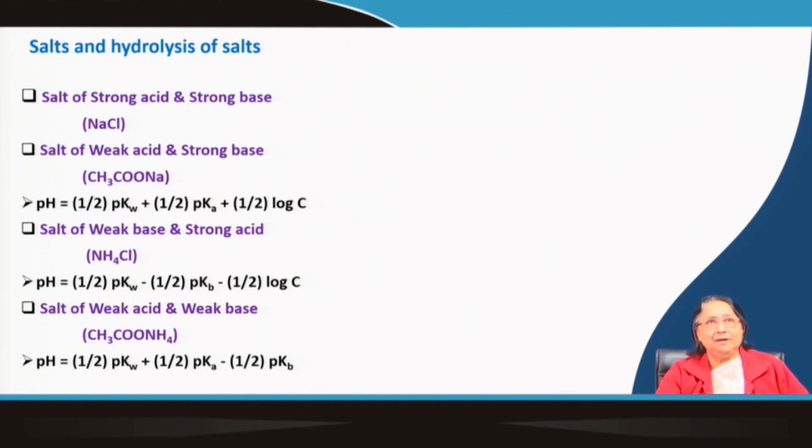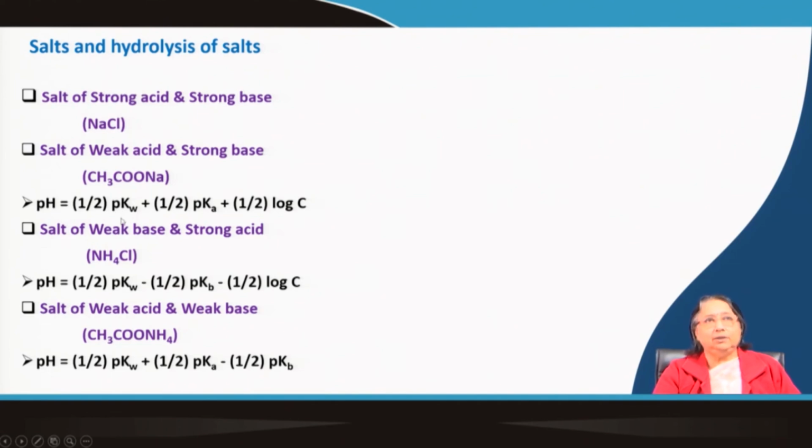But when you add sodium acetate, which comes from a weak acid and strong base, you will think it will be neutral pH, but it is not, because it comes from a strong base and weak acid. So it will show basic character in water. And what is the formula to determine the pH? pH is equal to half pKw